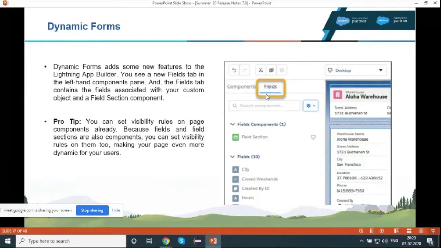There is a pro tip also: you can use visibility rules to control when to show the field, where to show the field, and whom to show the field. Let me give you an example of what this means. When to show: I can set up that this field should be visible on a certain condition.